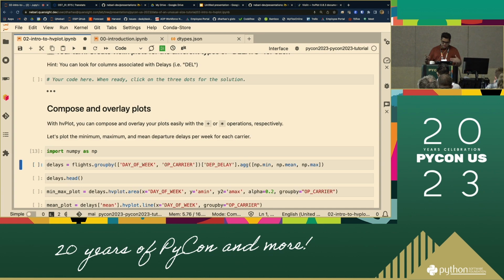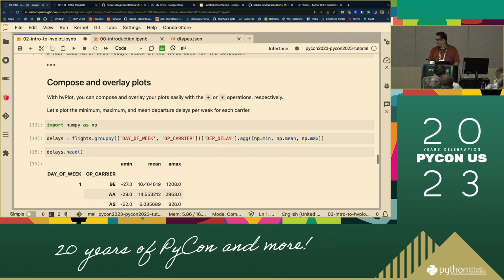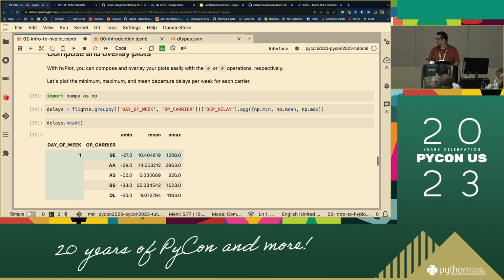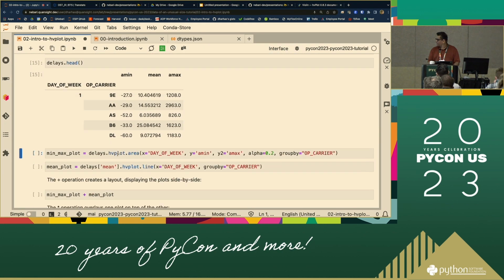Two last things I want to show with hvPlot. We have the ability to very simply compose plots using plus and multiply operations. So here, I've got this group by for delays, and it's just this min max with carrier. Now I've got a min-max plot of areas,